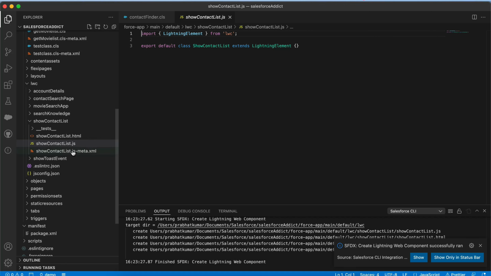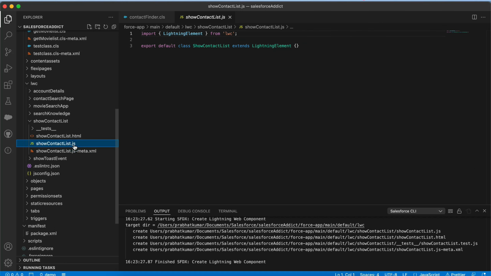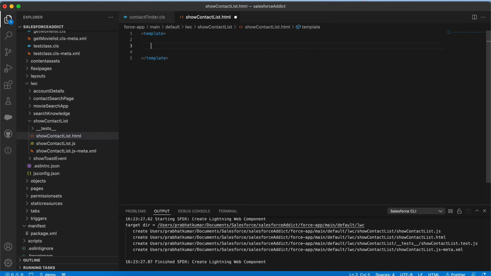One is the HTML file, then you have an XML file, and then you have the contact list JS file. Okay, so I'll go to the HTML file